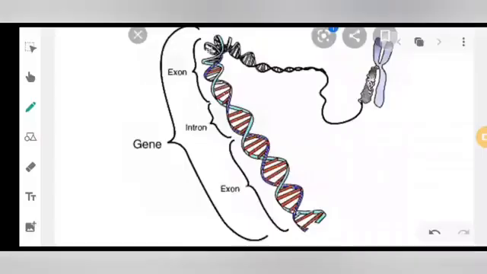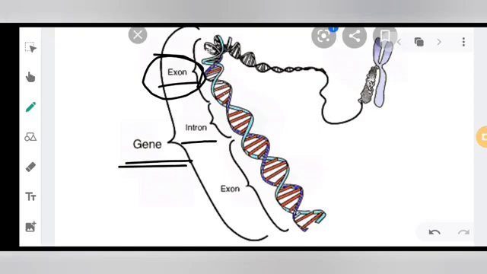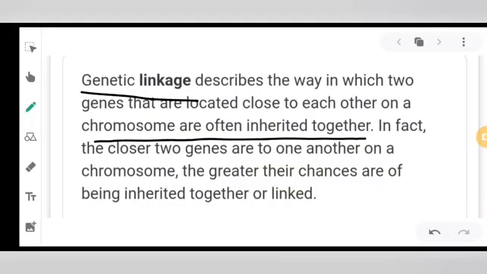Understood? Now we will see the intron and exon portions of the gene or the DNA. As we know, the chromosome is actually formed of genes. Now the gene has 2 parts, one is exon, another is intron. What is exon? The part of the gene that can be transcribed to mRNA coding sequence is termed the exon. And what is intron? The portion of the gene that cannot be transcribed to the coding sequence of mRNA is the intron.